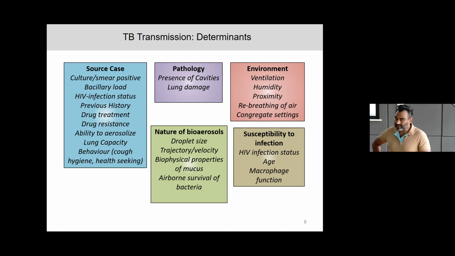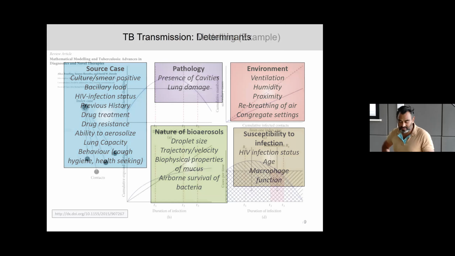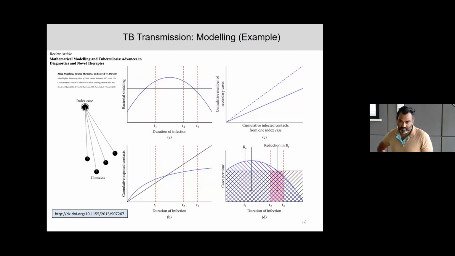So when we talk, and I'm sure you've seen these models, because there's a lot of them in the literature and even some web interfaces where you can look at how a disease spreads and how you model spread. Actually, that spread is modeled considering these 5 factors. And I want to give you an example. This is not a very recent paper, but it's one I could understand, and so that's why I decided to show it to you. It's a mathematical model that shows how tuberculosis transmission can occur and how it factors in all these different